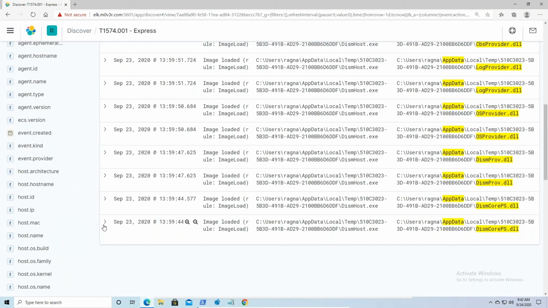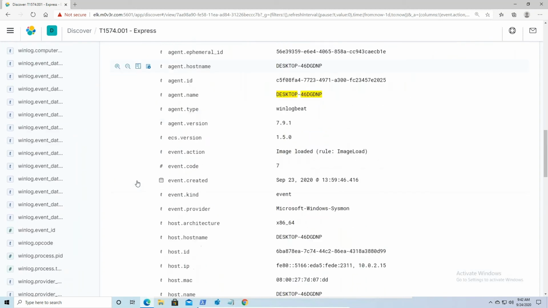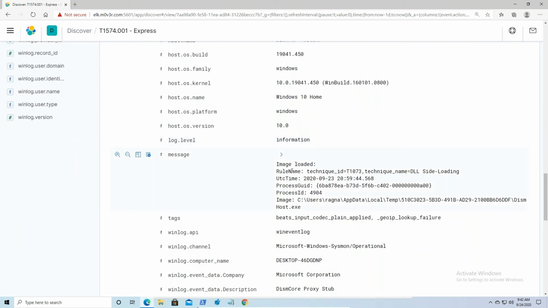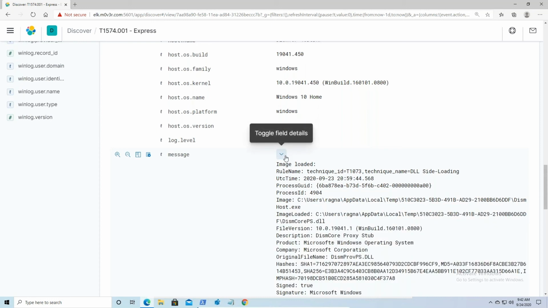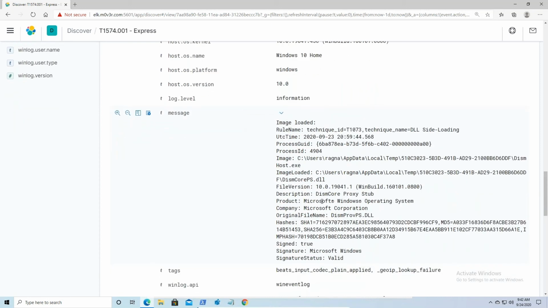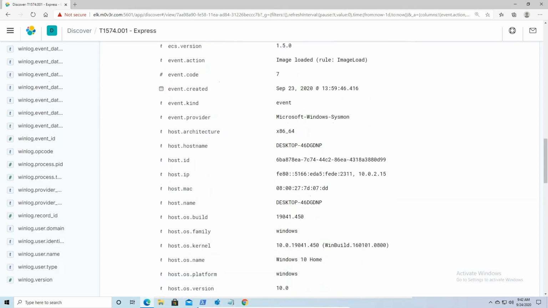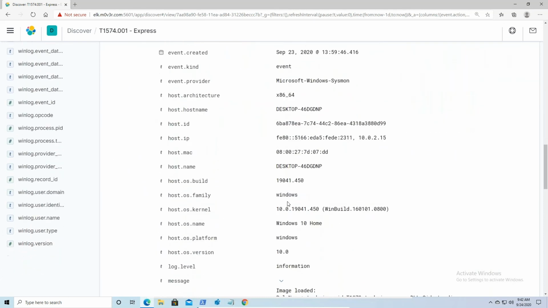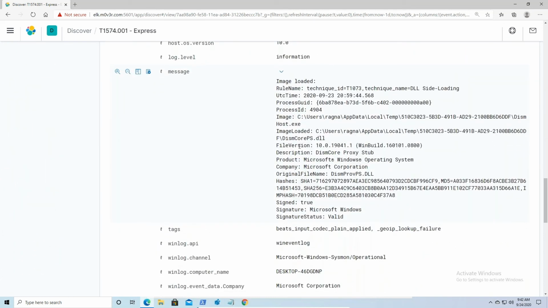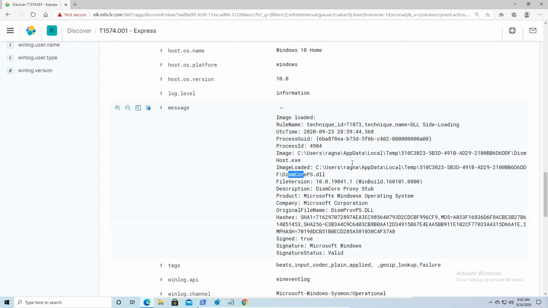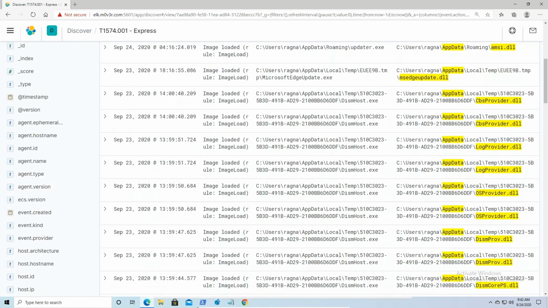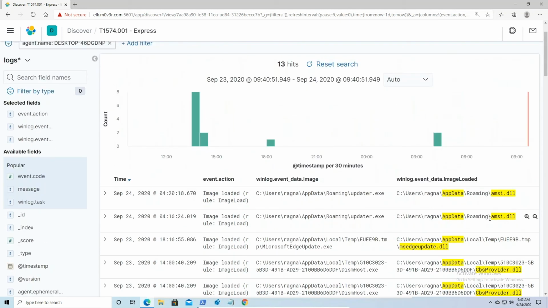I can't really tell right now if this is normal, but I'm going to operate under the assumption that for right now this is probably okay, and I can look into that later. I have a feeling even with something like DISM, Core PowerShell, this is probably going to be okay. However, if I look back at the top, I notice that there is a legitimately named DLL